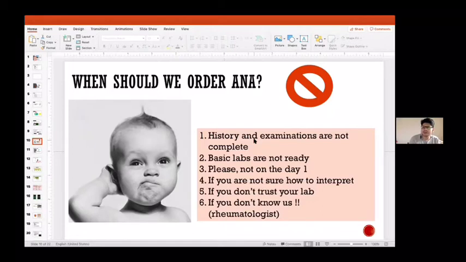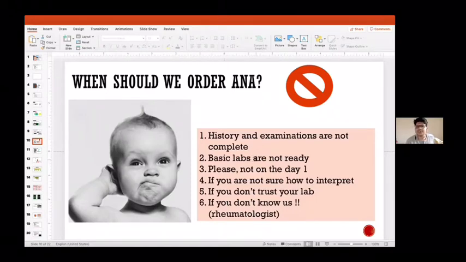Honestly, in rheumatology, at the first OPD visit I never reach a diagnosis. Even though the case might be something like simple rheumatoid arthritis, I never miss that it might be polyarthritis due to hepatitis B, C, or HIV. So on day one, I do not tell the diagnosis. On day one, I tell the differential diagnosis. So if you do not have a differential diagnosis in the picture, do not order ANA.